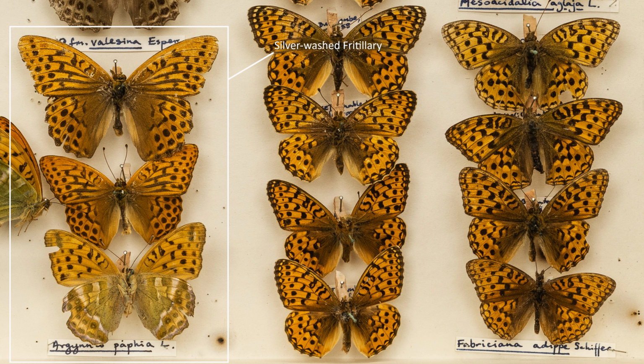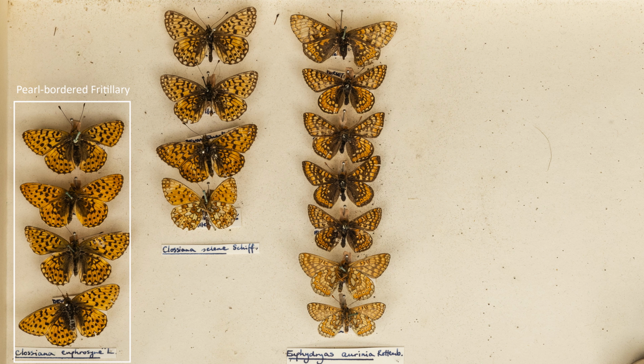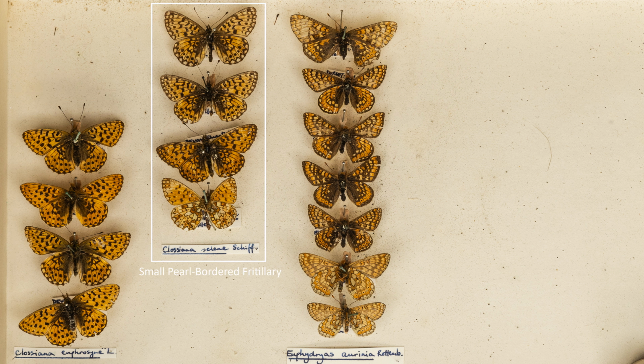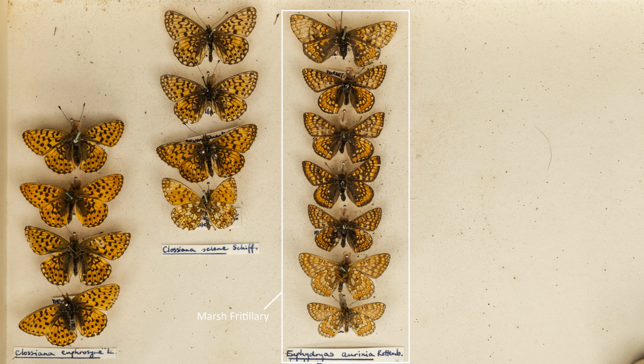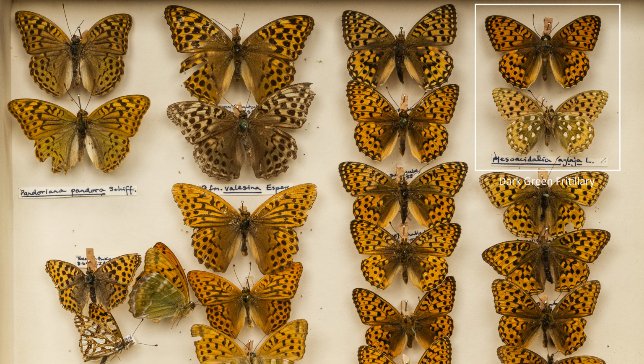But the rough garden provided me at ground level with silver-washed, very occasionally high brown, and regularly both pearl-bordered and small pearl-bordered fritillaries. There were also marsh fritillaries in boggy ground on Quantock Common. Although visits to the East Devon coast introduced me to wood white and dark green fritillary, it was not until